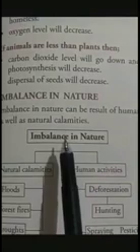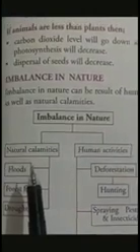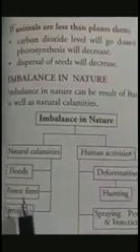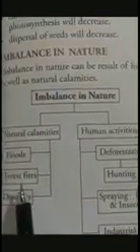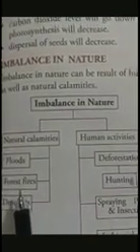Now let's see what causes imbalance in nature. So imbalance in nature may be natural or caused by human activities. Now let's see what are the natural ones. Floods. Okay, floods destroy many of the plants as well as animal species, and as a result the food chain is affected. Forest fires also lead to the destruction of animals and plant species, and cause the death of the animals or plants. So many animals migrate from one area to another. After that, the food chain is affected.